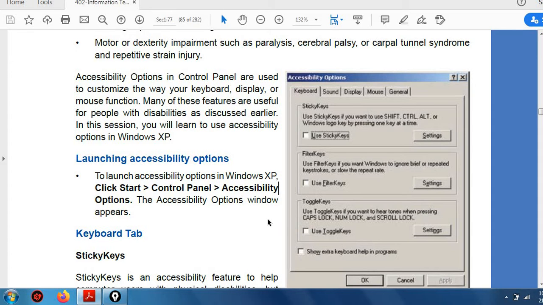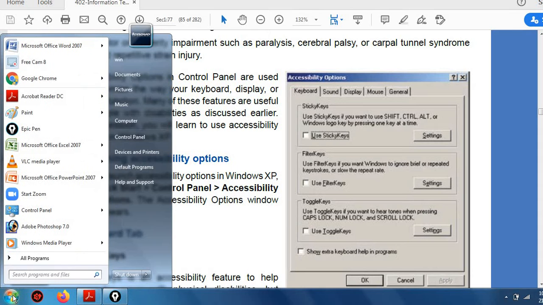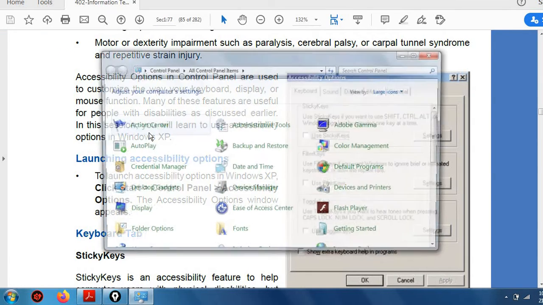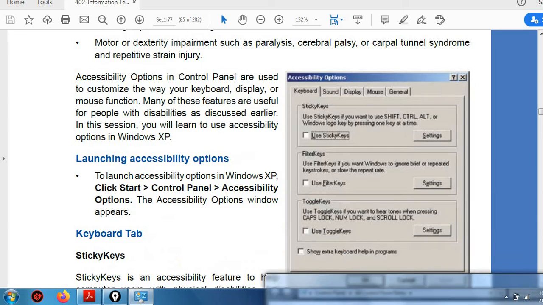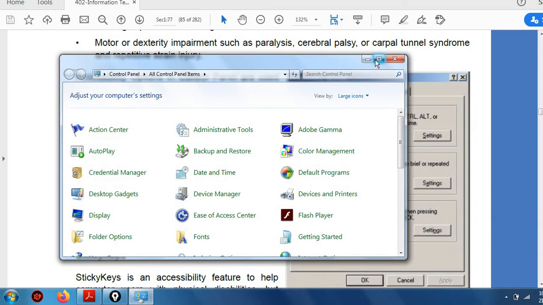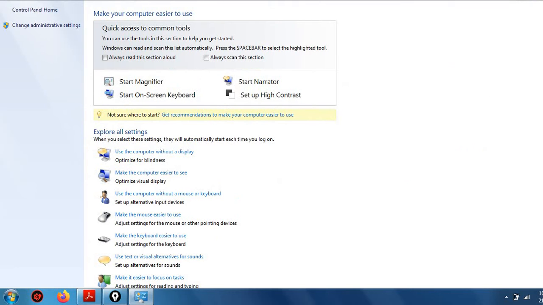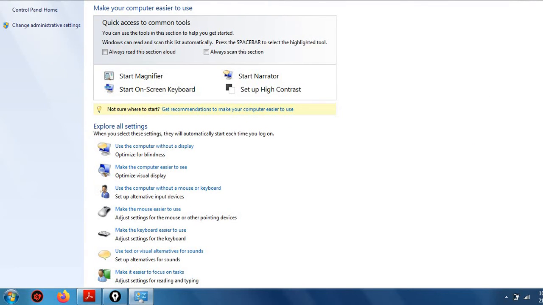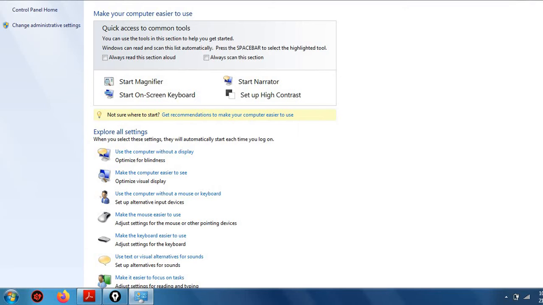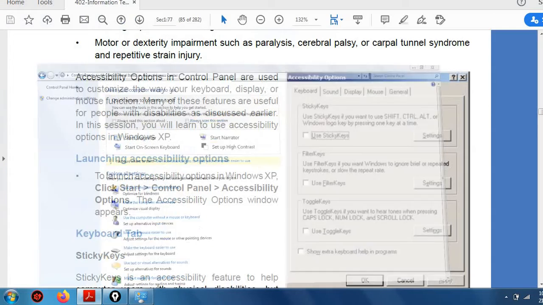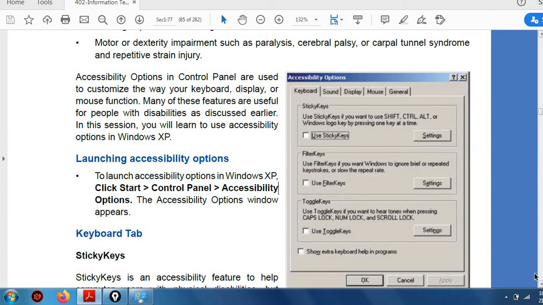In my computer, we will first click on start button and then go to control panel, and here in place of accessibility I have ease of access center, right? Ease of access center. So I will click on this. Now here all these options are there for changing the settings for the impaired persons, right? So let's see next what all things are there.